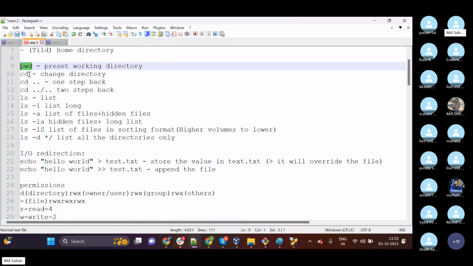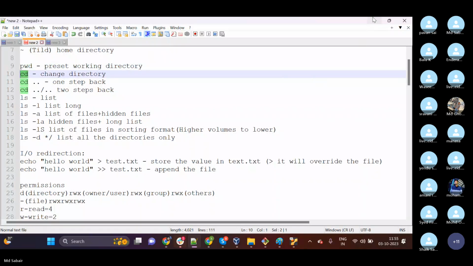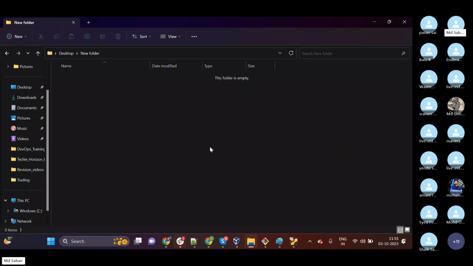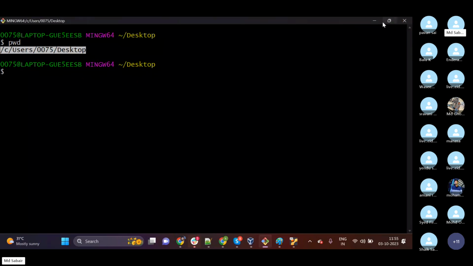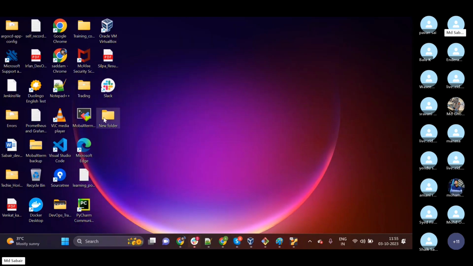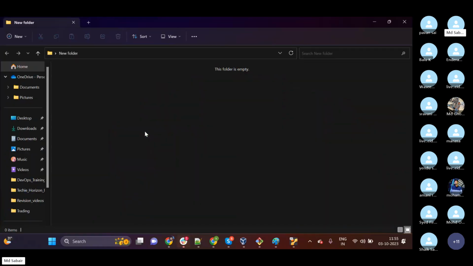Okay, and then we have one more command called cd, change directory. Why do we use change directory? For example, I want to open this new folder. In Windows, I double click it and I'm inside that directory. I have changed my location. But for Linux, what do we need to do?